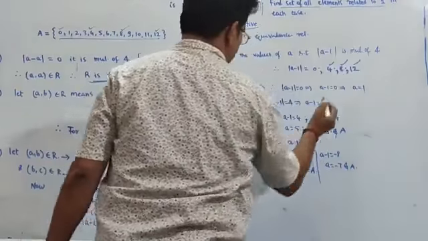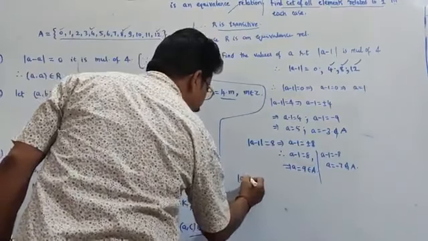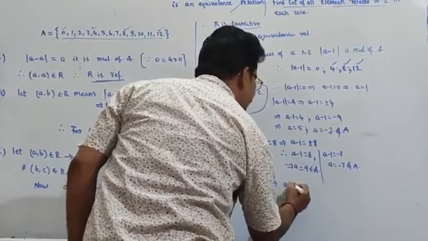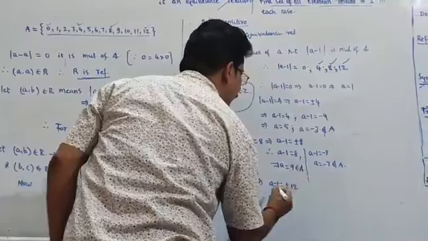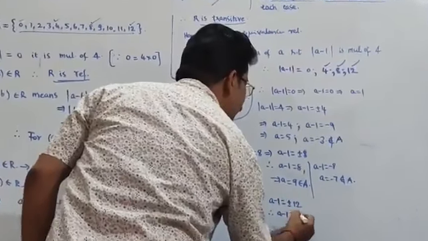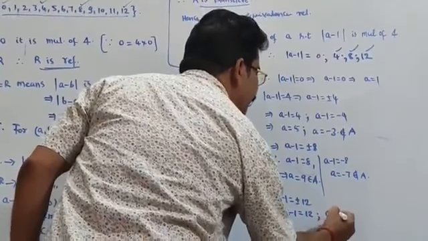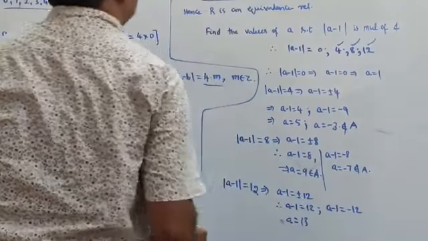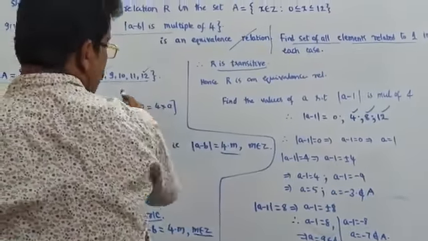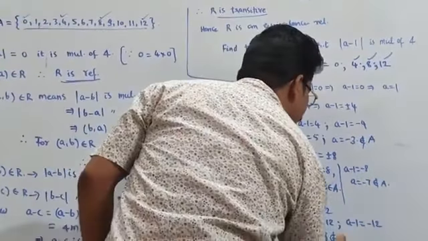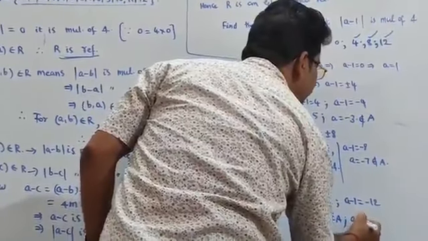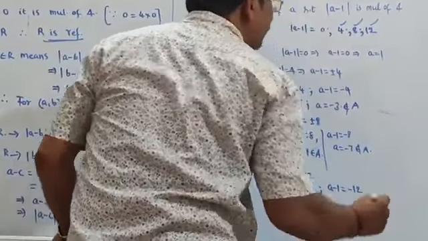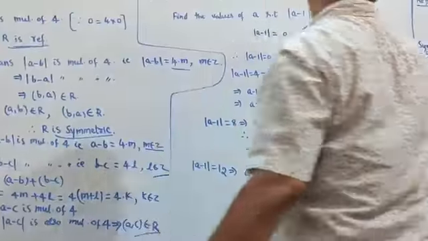Next, the last case, modulus of a minus 1 equal to 12. So that implies a minus 1 equal to plus or minus 12. Therefore, a minus 1 equal to 12, and a minus 1 equal to minus 12. So a equal to 13. A equal to 13 does not belong to capital A. And a equal to minus 11 also does not belong to capital A. Now, out of these 8 cases,